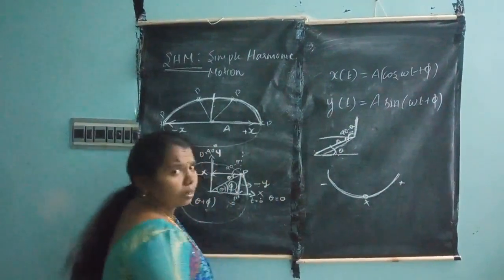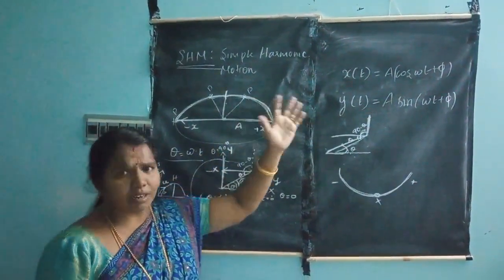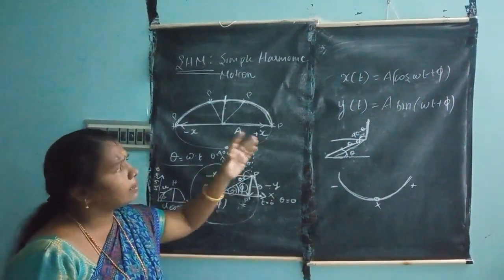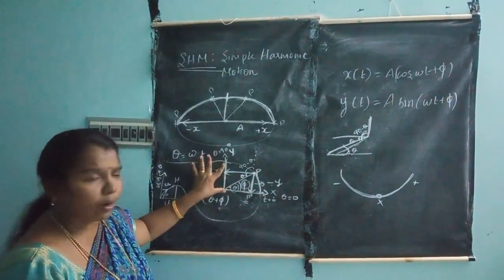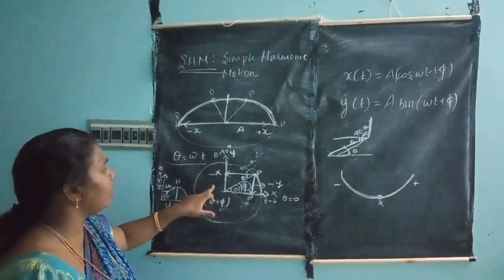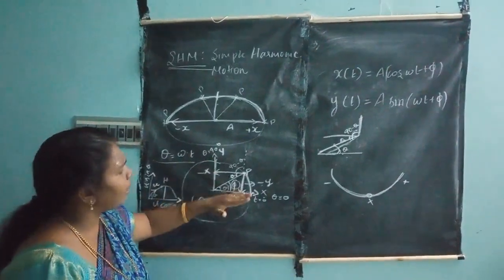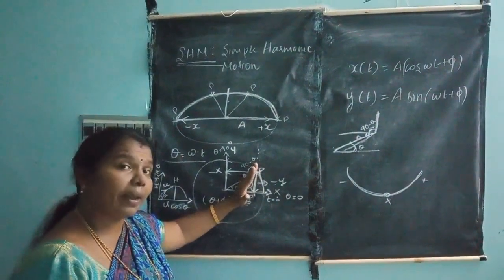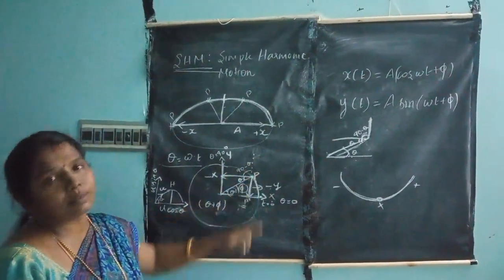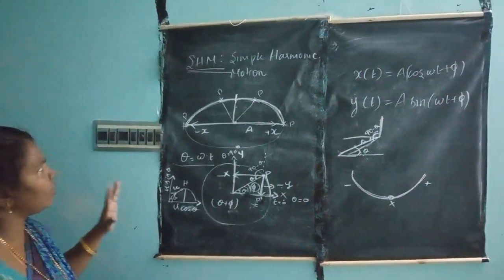Can you understand, students? So in simple harmonic motion, the displacement in the x-axis is a function of cosine, and in the y-axis it is a function of sine. The y-axis is the axis that is perpendicular, so that is sine theta. What is theta? Theta is equal to omega t plus phi, because the particle at time t equals 0 moves to some position, so it makes an angle theta. That theta is called the phase angle. These things we first need to understand.